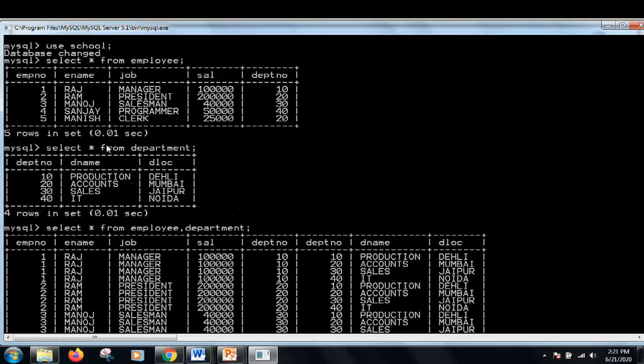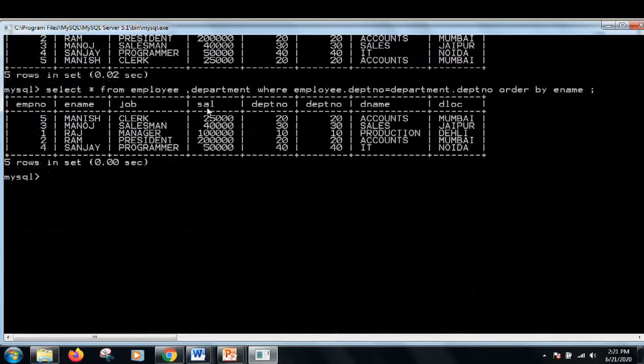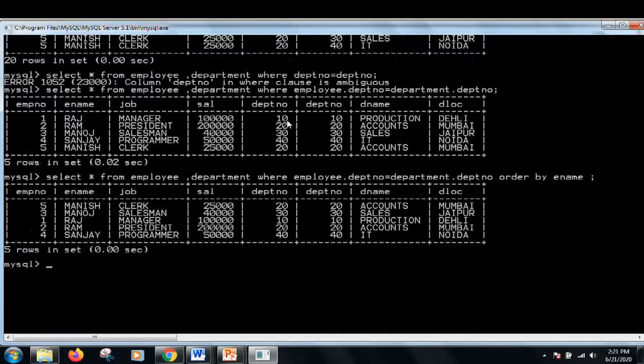Now this table is also giving you the information which is available from both the tables. Here you see that I was not getting the information about Raj from the first table. I was getting only the information that Raj was in department 10, but I was not getting the information about where department 10 is located. But from this joined table I can easily see that Raj is in the production department and its location is Delhi.